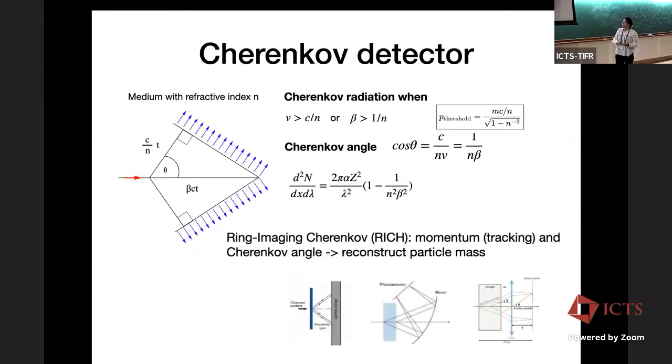And the other method is using the so-called ring imaging Cherenkov. You can see here again, you have this Cherenkov angle, and this is a ring structure if you project it onto a flat surface. So from the momentum measurement from tracking and measuring the angle, you can reconstruct the particle mass and therefore identify the particle. You can either have a gap and let this naturally form the ring here, or you can use a mirror to reflect it, or use a lens to form the ring on the detector surface. Okay?